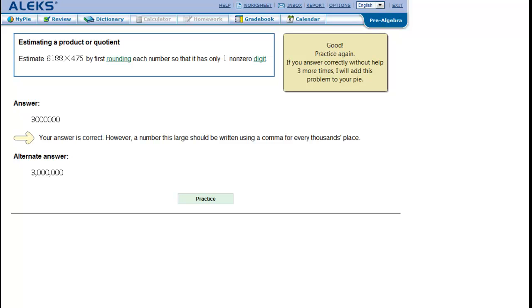Okay, now if you get it right the first time and you get it wrong the second time and get it right the third time, you still have to get it right 2 more times before you can add it to your pie. They like you to answer it 3 times in a row correctly. Okay, this can get a little tedious, but again, what it's going to make sure of is that you actually understand the problem before you move on to the next section. Okay,